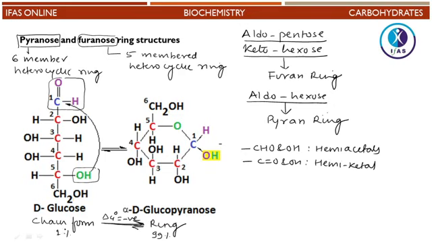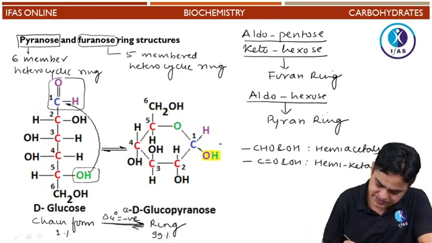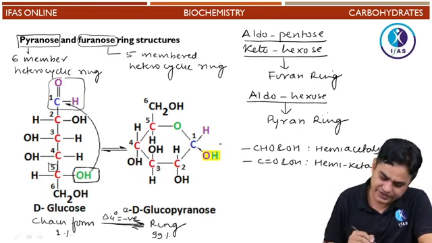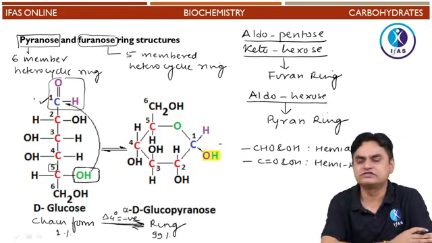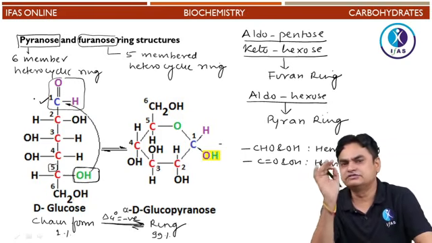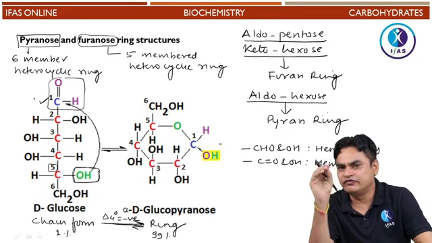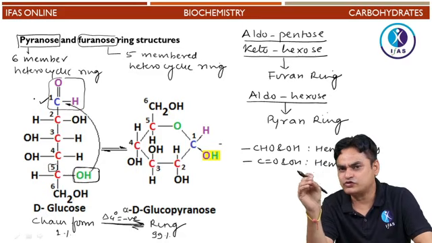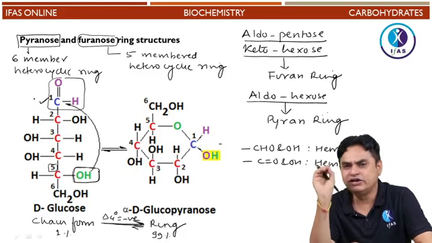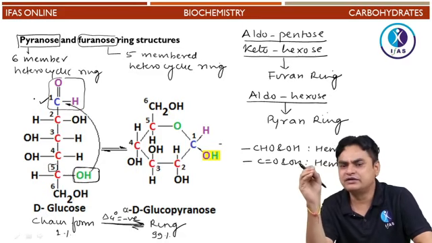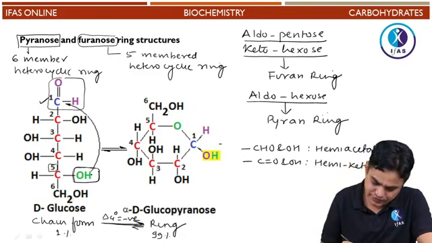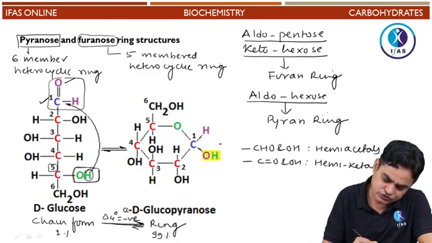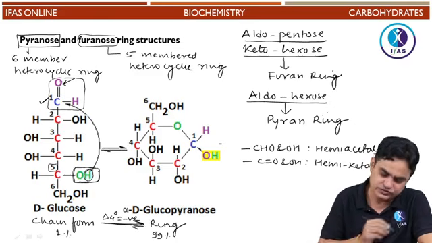So, you can have a look. What is happening is that this OH group, which is on 5th carbon, is interacting with the aldehyde group which is on 1st carbon. In general, during the formation of a ring, no net loss of bond or atom is observed. There is only a rearrangement of atoms or bonds. This hydrogen, which was with this OH group, gets attached to this oxygen.